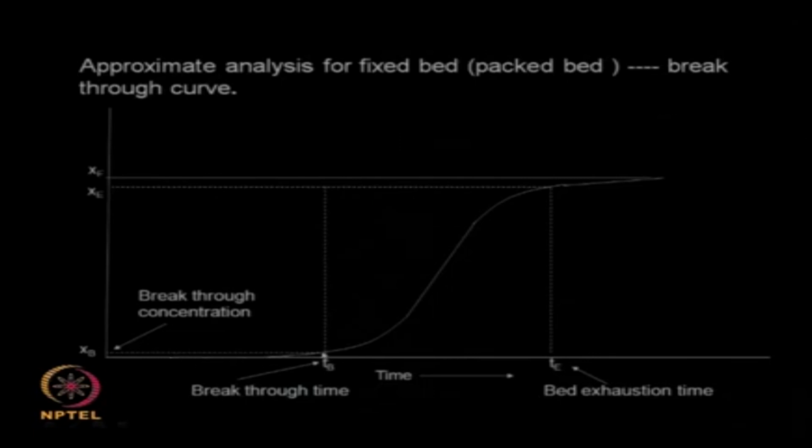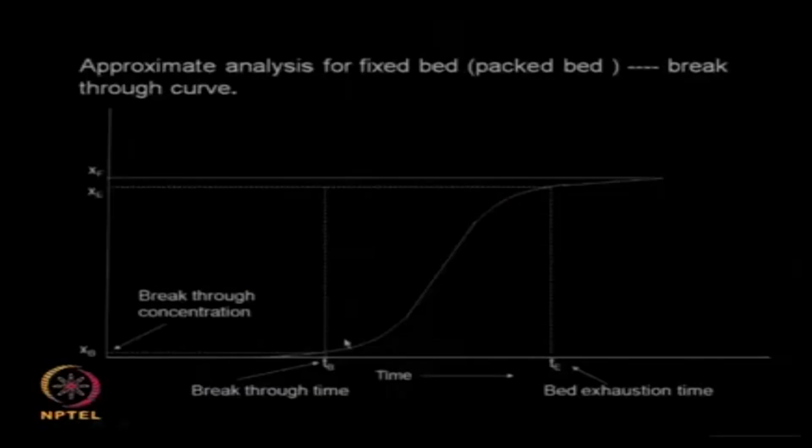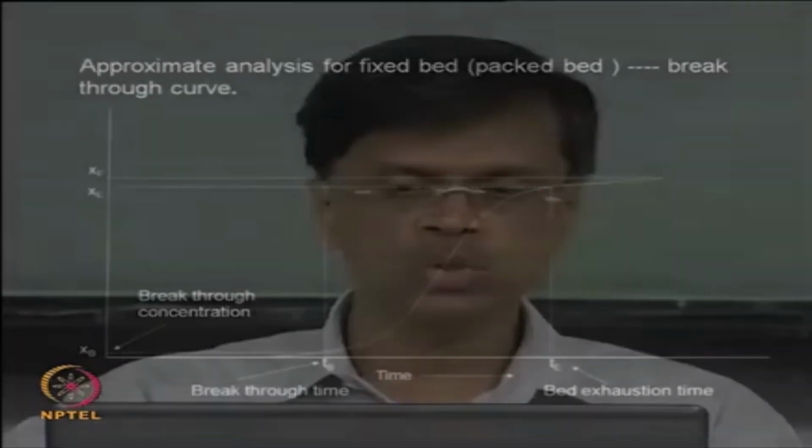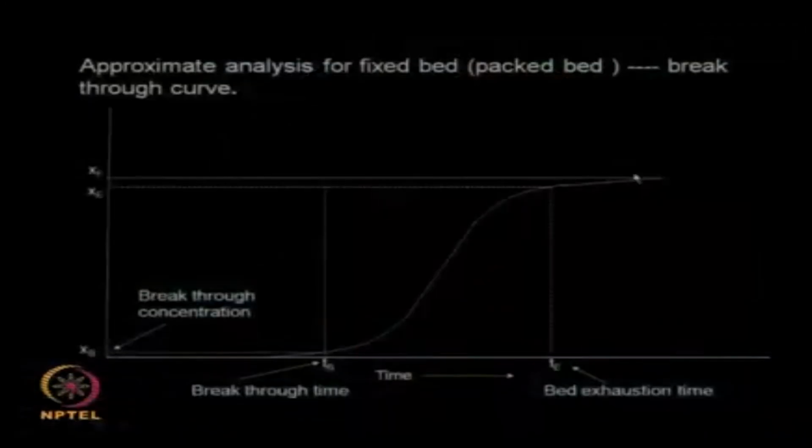Suddenly after some time, slowly you will see some concentration because your adsorbent is saturating. As it gets saturated, the concentration of the solute will start rising in the exit stream, and finally the adsorbent is completely saturated with the adsorbate, so there is no adsorption taking place. So whatever is entering will be leaving, correct. So this is called a breakthrough curve,